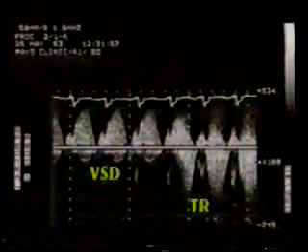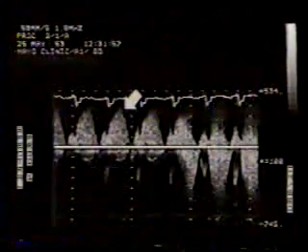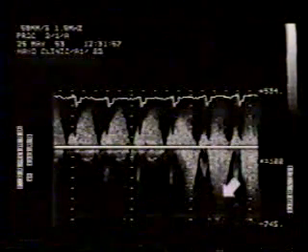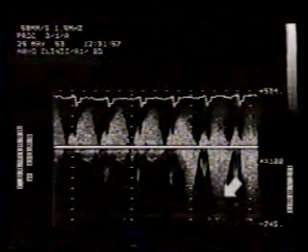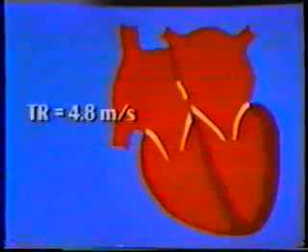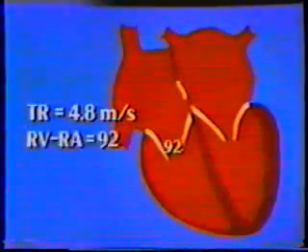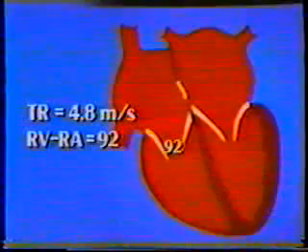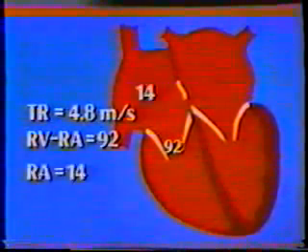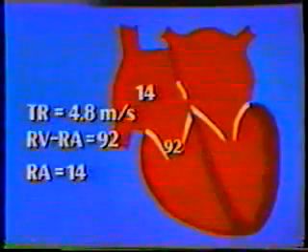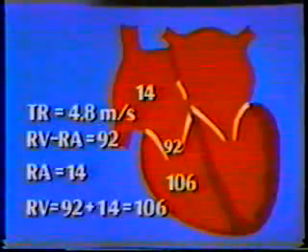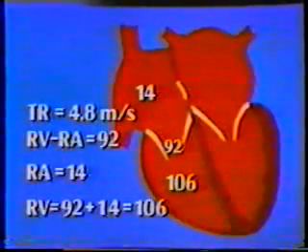This is continuous wave Doppler examination. We are scanning from the VSD jet to the tricuspid regurgitant jet. The tricuspid jet measured 4.8 meters per second. Using the simplified Bernoulli equation, this equates to a 92 millimeter pressure difference from right ventricle to right atrium. In this patient, right atrial pressure was estimated to be 14 millimeters mercury, giving us a right ventricular systolic pressure of